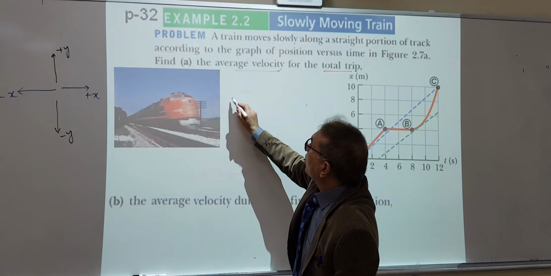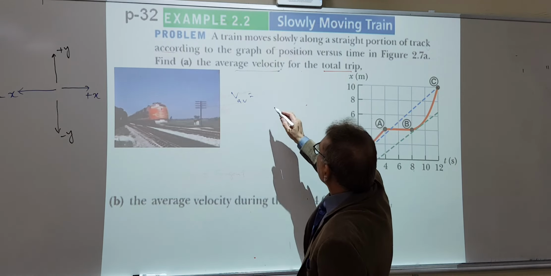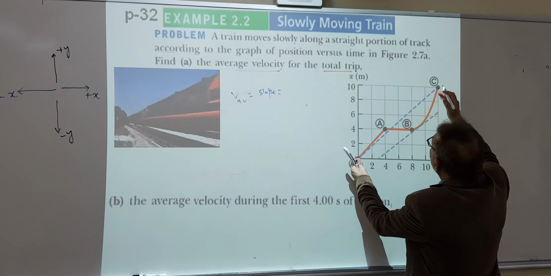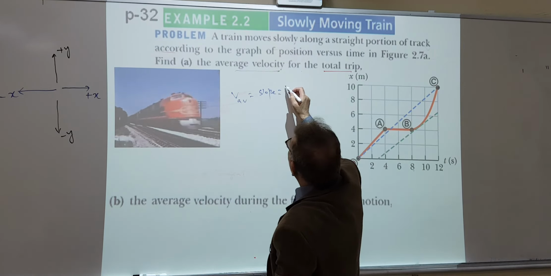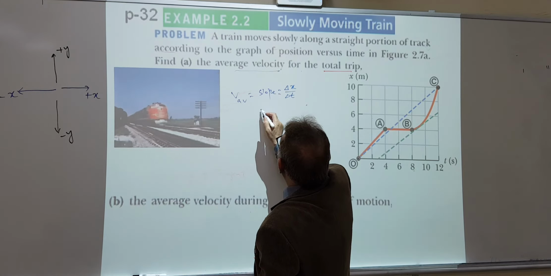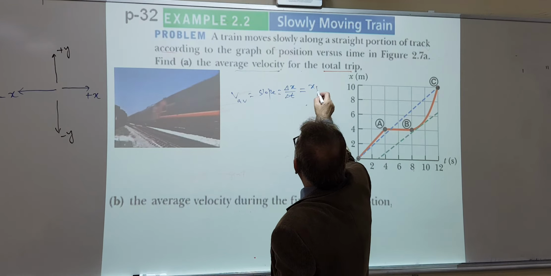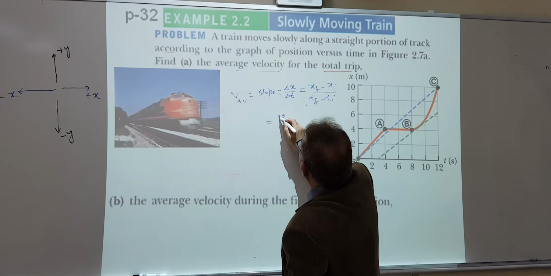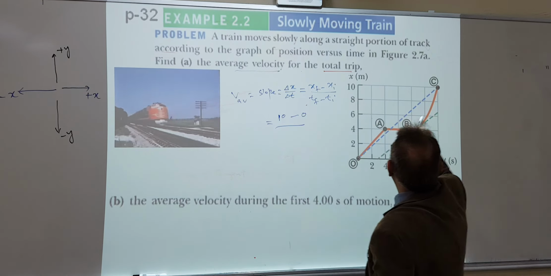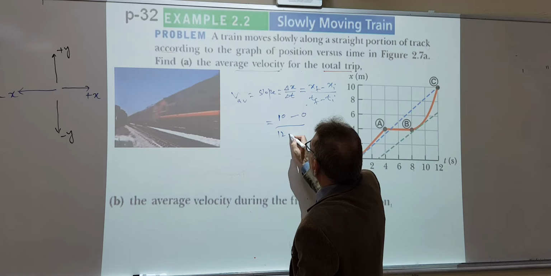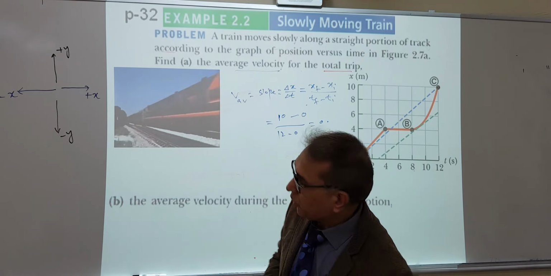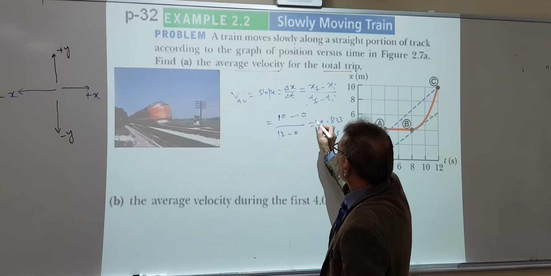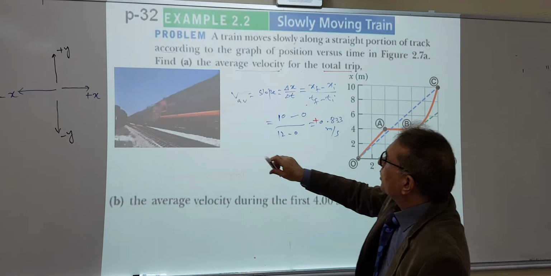And keep in mind that average velocity is equal to the slope of this line. As I told you, you can take any 2 points, but it's good to take far away points, initial and final. So this slope means delta x over delta t, right? So I can write x final minus x initial over time. Now, final 10 minus initial 0. This is the position. Time is 12 minus 0. You will get 0.833. This is plus, right? When we don't write anything, it means it's plus, but you can write it if you want. What does it mean? It means it is moving in the positive